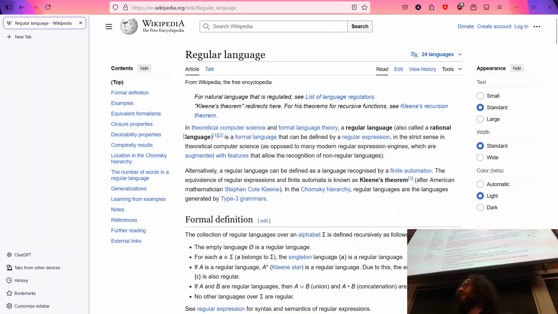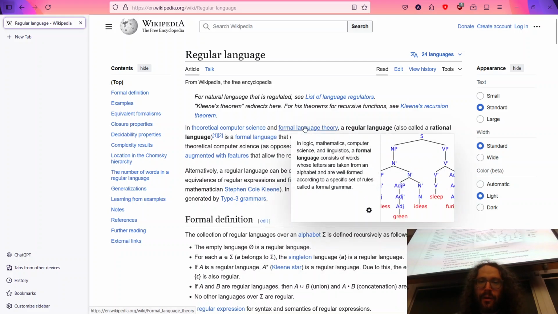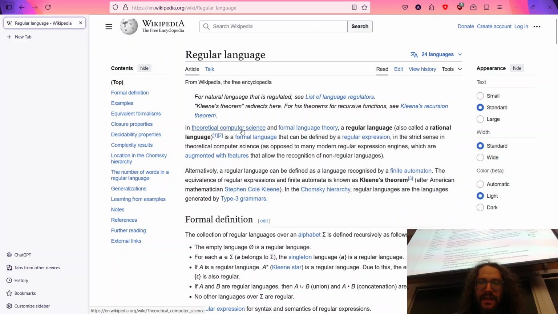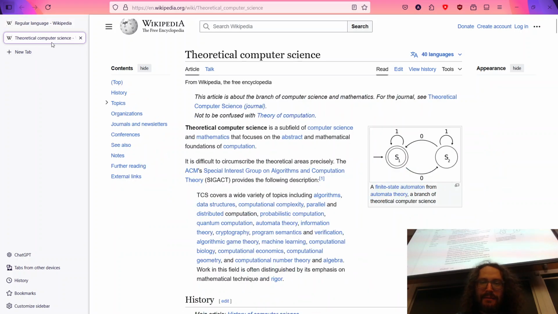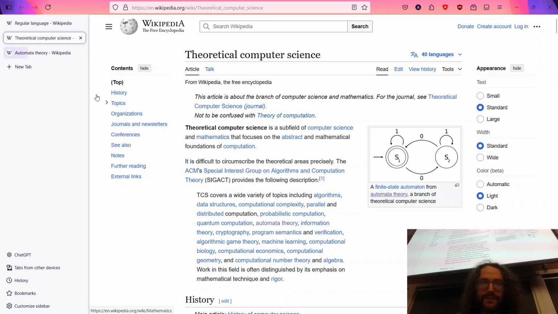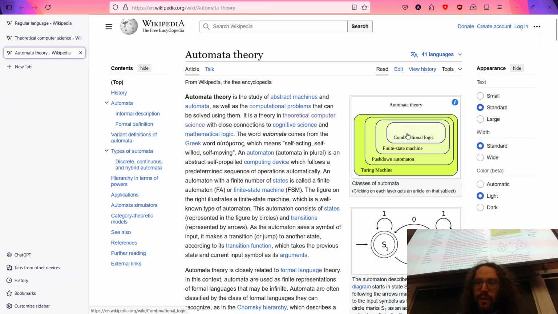Some schools it's a 4,000 level class, and it gets into really weird stuff in theoretical computer science and formal language theory. Regular language, also called in theoretical computer science, a finite state automata from automata theory. And automata theory is this wonderful thing that talks about, hey, we've got these finite state machines, then we've got pushdown automata and Turing machines, Turing machine being